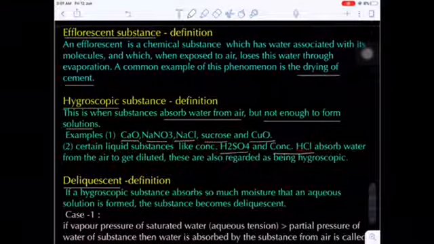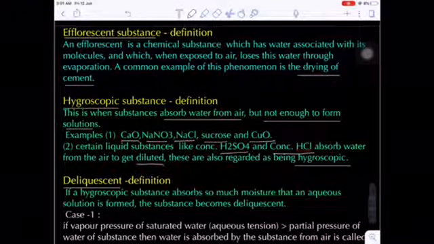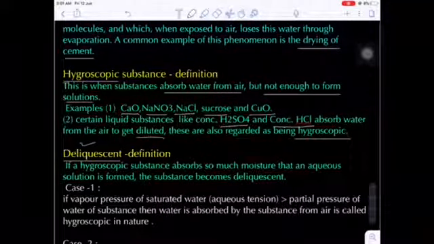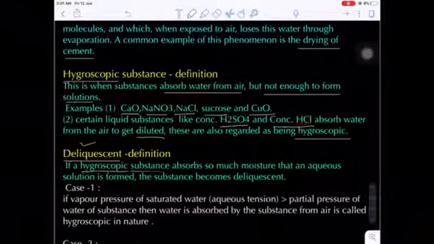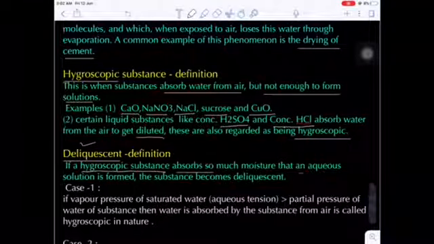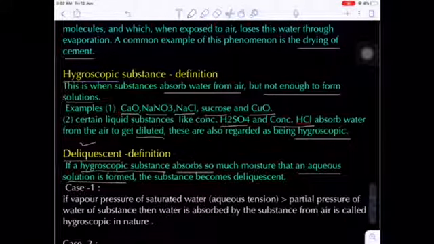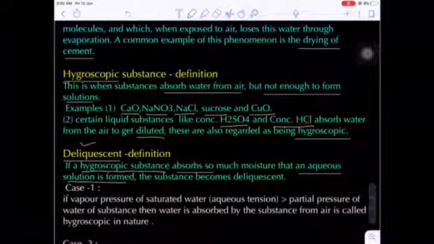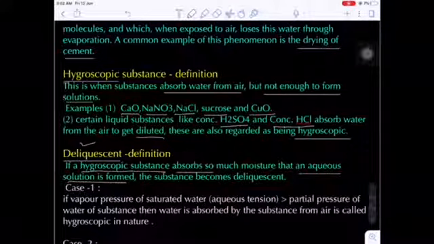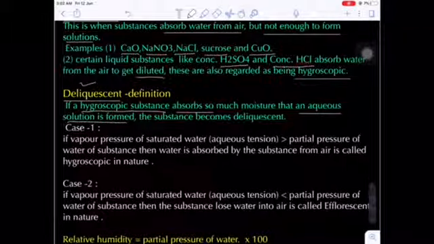What they do, they absorb the water from the air, okay, and they dilute it. They are the best hygroscopic substances. Hygroscopic substances are also indirectly deliquescent, but strictly speaking, if a hygroscopic substance absorbs moisture from the atmosphere and forms an aqueous solution, it is deliquescent. If they absorb the water and do not turn into a solution, that is hygroscopic. If they absorb the water and turn into a solution, then deliquescent. Are you getting my point?